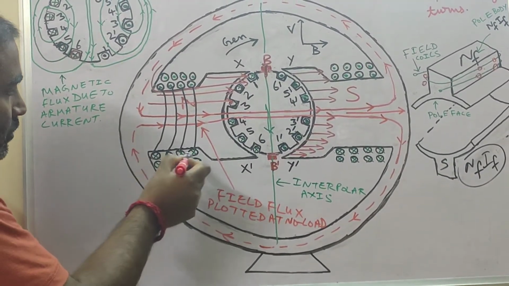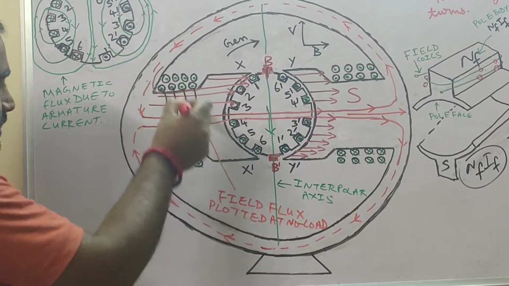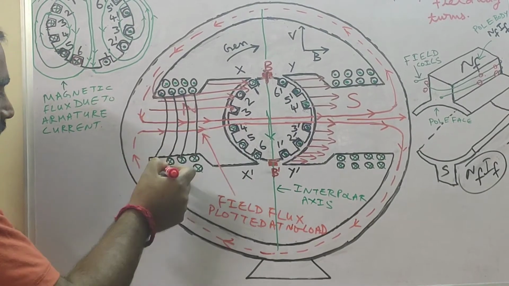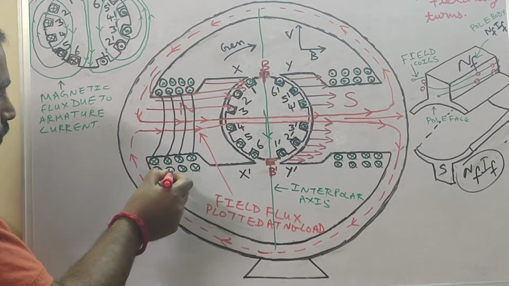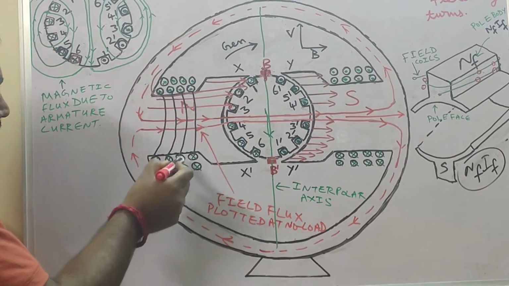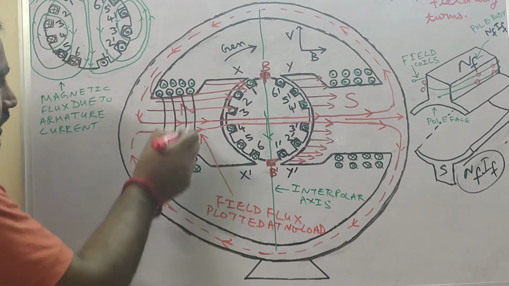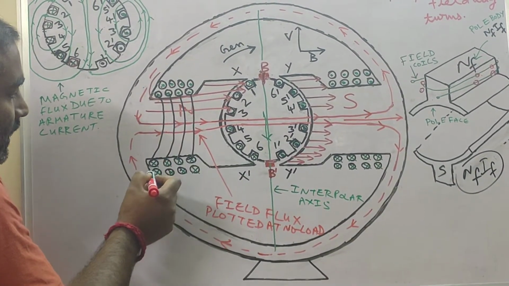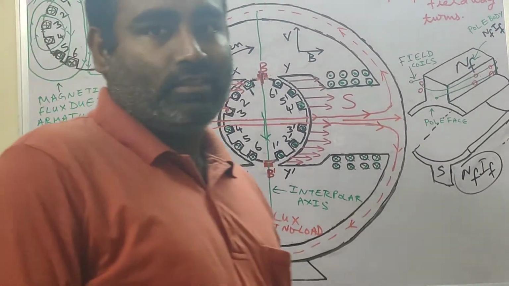But this is your layer number 1. What about this? This turn will continue, so this will correspond to another turn. This and this will contribute to another turn. This and this will contribute to another turn. So that's why you see that there are 4 turns in this first layer and another 4 turns in this second layer. So that means this coil has got how many turns?